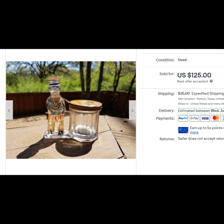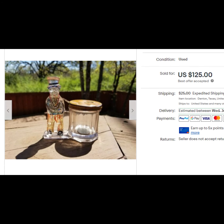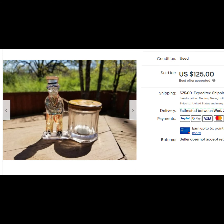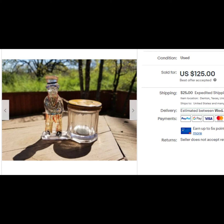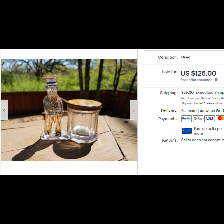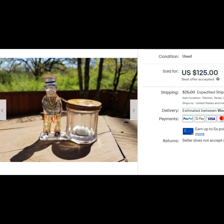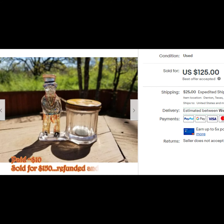I guess it's time to talk about another boo-boo that I made. I got a really cool coin bank lot. It had like 5 or 6 items, and I got it really affordably on an auction lot online. And this was an antique glass coin bank, Uncle Sam, and it actually has a lot more paint than the other one that I saw that was ever sold online. So I sold it for $150 total, and it has a tin top that was kind of stuck,